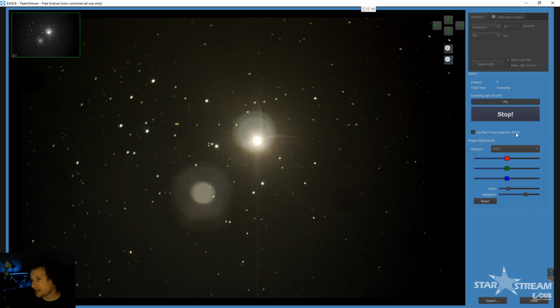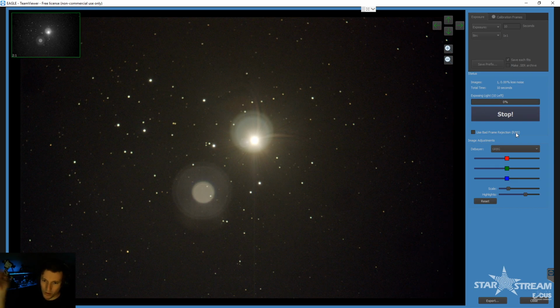This is an external system that we're running. This is an 82 millimeter refractor on a completely separate mount, with a completely separate camera from what we'll be using the rest of the evening. After this, we'll switch over to the main system. The main system is a 6-inch f/4.5 ED triplet refractor